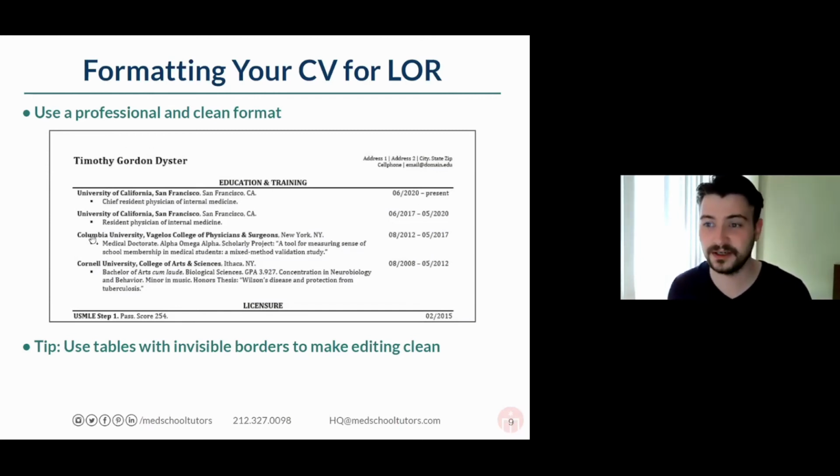So what you see here, I am in fact Timothy Gordon Deister. I did remove some of my personal contact information, but this is my full name. And what you'll see here is my name is large and in the upper left-hand corner. Previously, I had my personal address in addition to my cell phone and an up-to-date email address. And then for me at this stage of my career, what's important is for people to know my education and training and licensure first. So they need to know that I'm a licensed physician